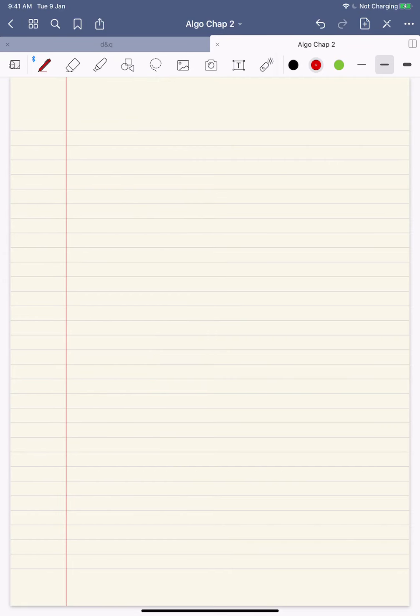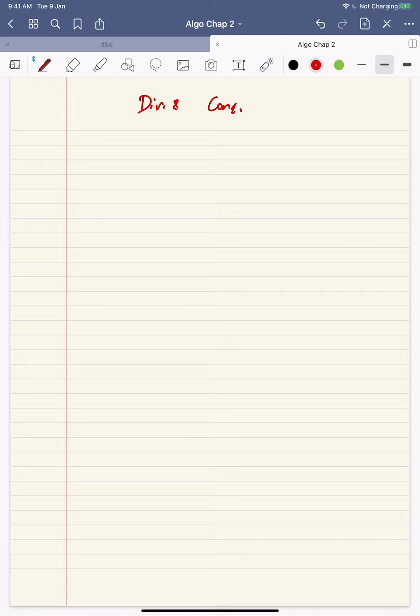Now we have to do something better. Now as this algo student, can you do better than order n square? And how will we do better than n square? How will we make it more efficient? Yes, we will make use of divide and conquer. So how exactly can we use divide and conquer to improve the efficiency?